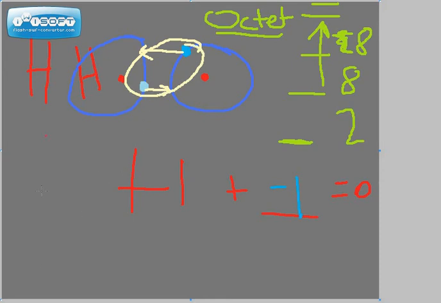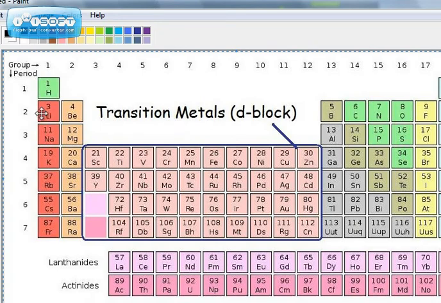The way that we represent a bond is the symbol with a dash and then another symbol. And so we'd say that this was hydrogen bonded to hydrogen, or if we wanted to write it in a formula, we would call it H2. Okay, where this is the subscript saying that we have 2 hydrogens that are both bonded together. And the reason they're bonded together is so that they can be stable and so that they have the number of electrons that they want in their outer level. If it was a bigger atom, it would want 8 instead of 2. Anything on the periodic table down here